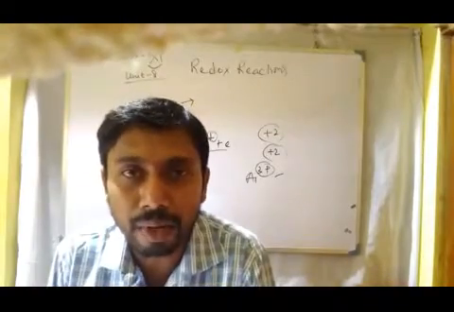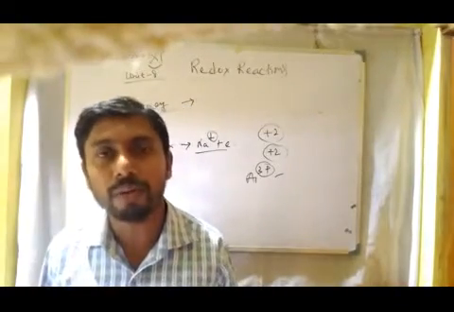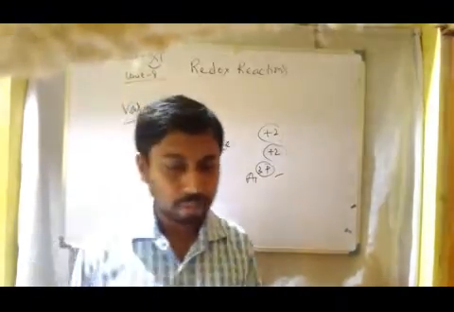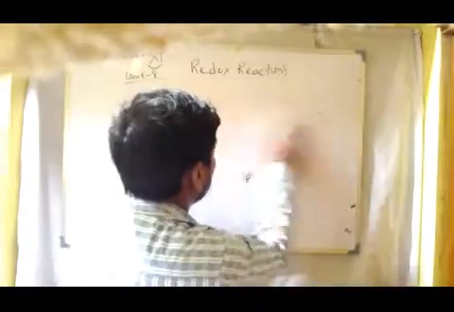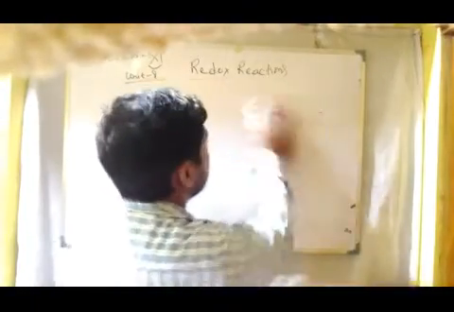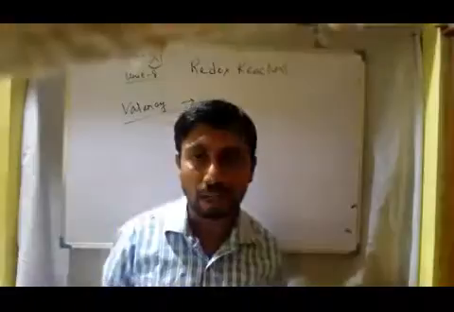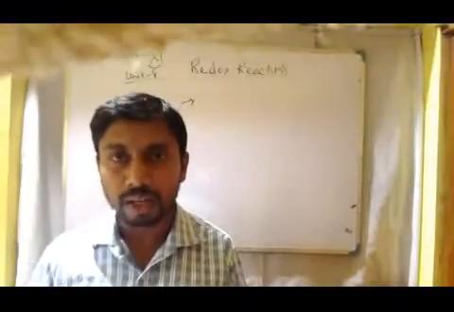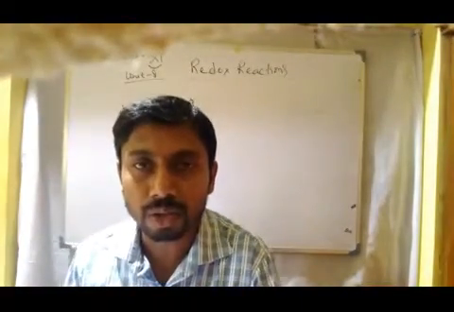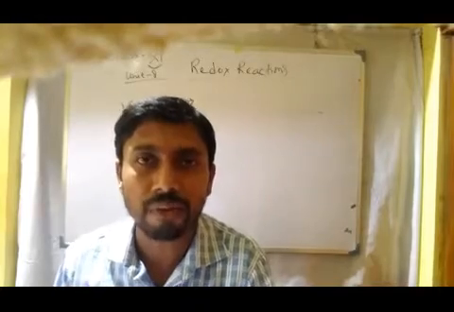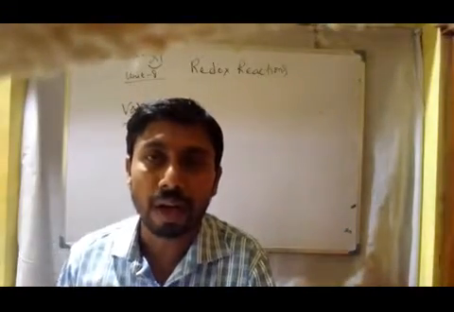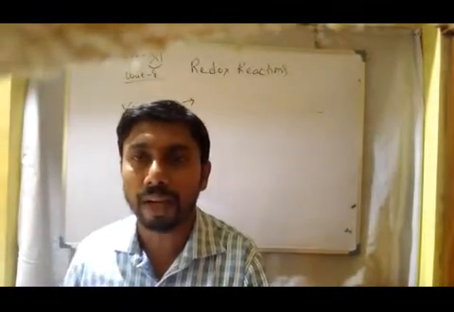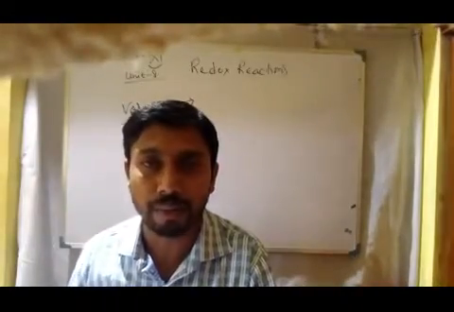For example NH3, how many covalent bonds are there? There are three covalent bonds, formed with three hydrogen atoms. In case of AlCl3, here also three covalent bonds. In case of PCl5, there are five covalent bonds. Now we have to know the individual valency of the elements.